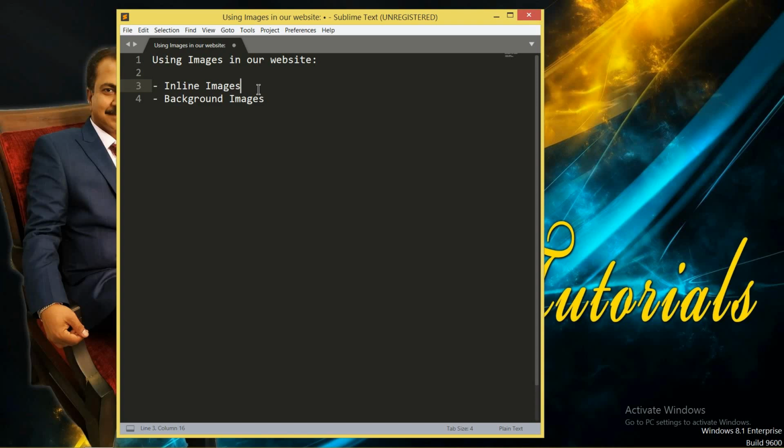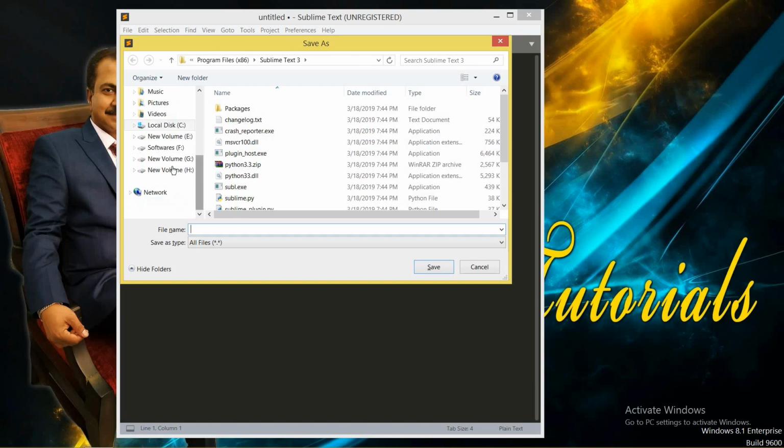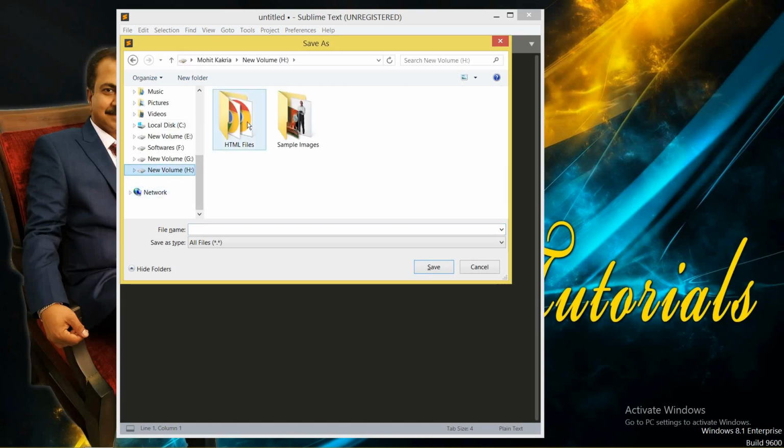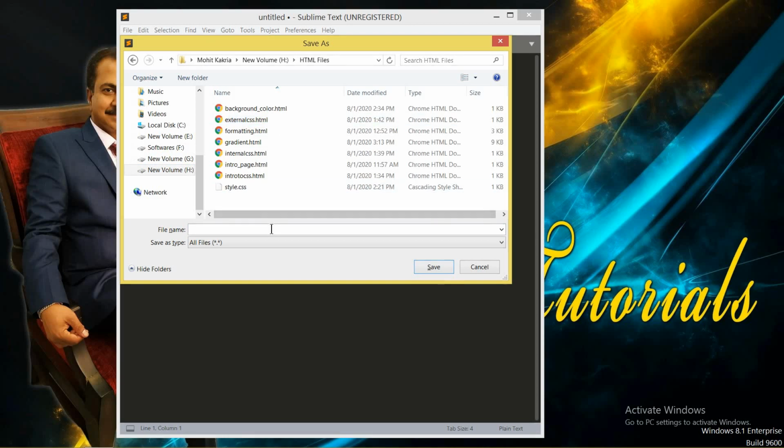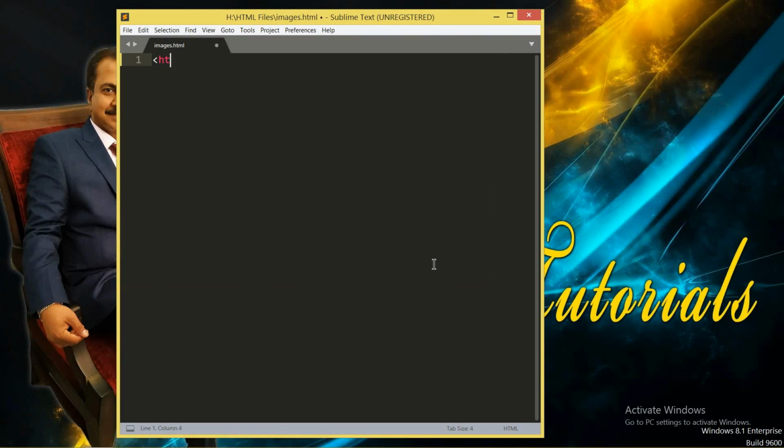In this video I am going to tell you how to set inline images. Let's begin with the basics. Just save the file first. As you all know, I always save the file first, in the H drive, in the folder where I save my files. Now give it a name, let it be images, with .html as the extension. Now this is my file. This is your basic structure, and I gave it a title, inline images.